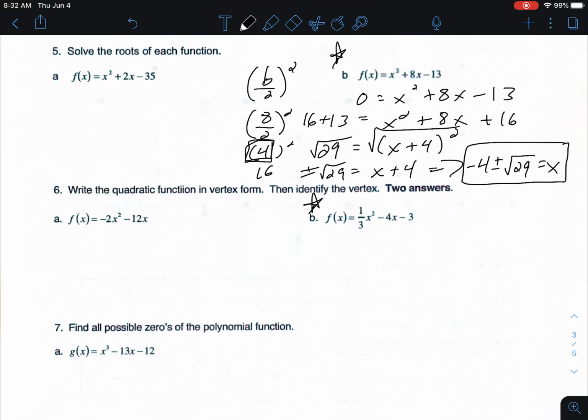And here you are trying to get from quadratic form into vertex form, which also means that we are going to have to use completing the square. So first want to deal with that 1/3 there. Really, you can add over the 3 first, so let's make that y plus 3. And then you have to factor out a 1/3. Well, 1/3 x squared divided by 1/3 is obviously just x squared. 4 divided by 1/3